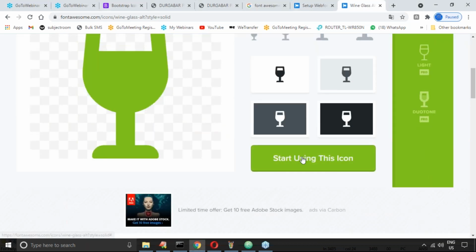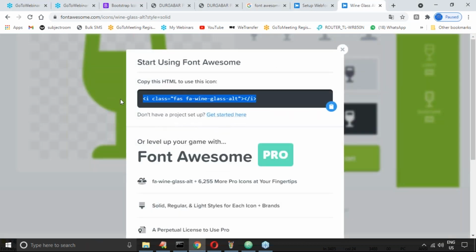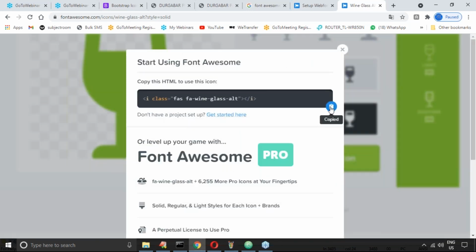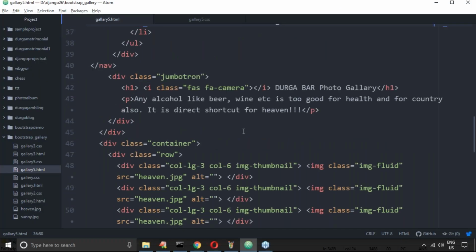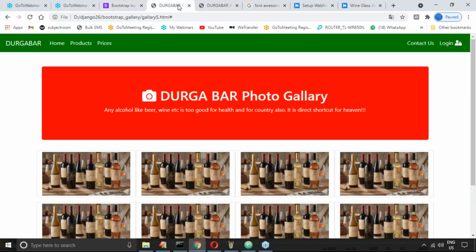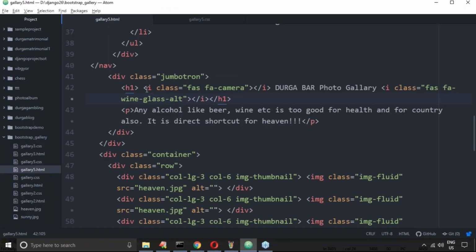What I will take is, start this one. Copy here only. Copy. Okay. In the Jumbotron, after photo gallery, let me take this one. Wonderful. Why is this one required? Let me remove this camera.